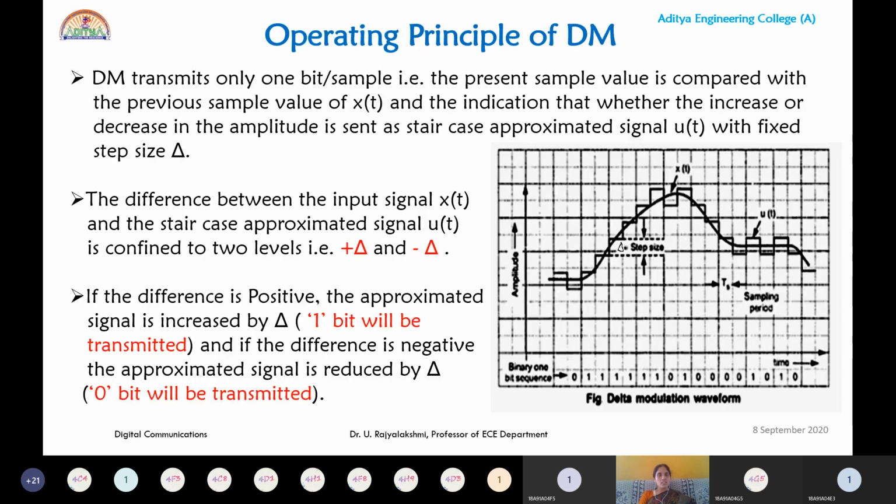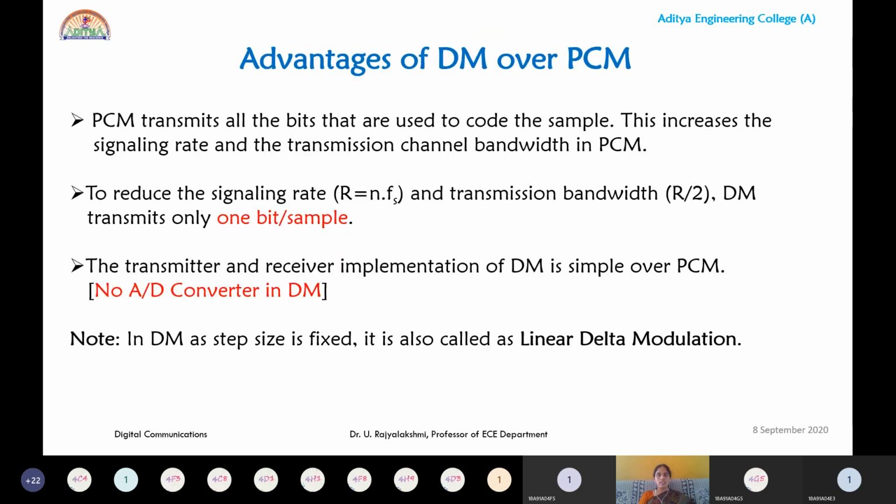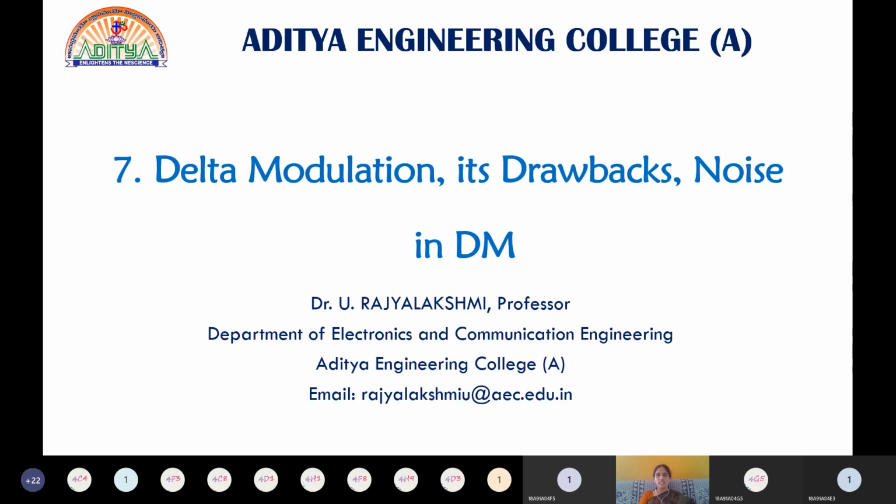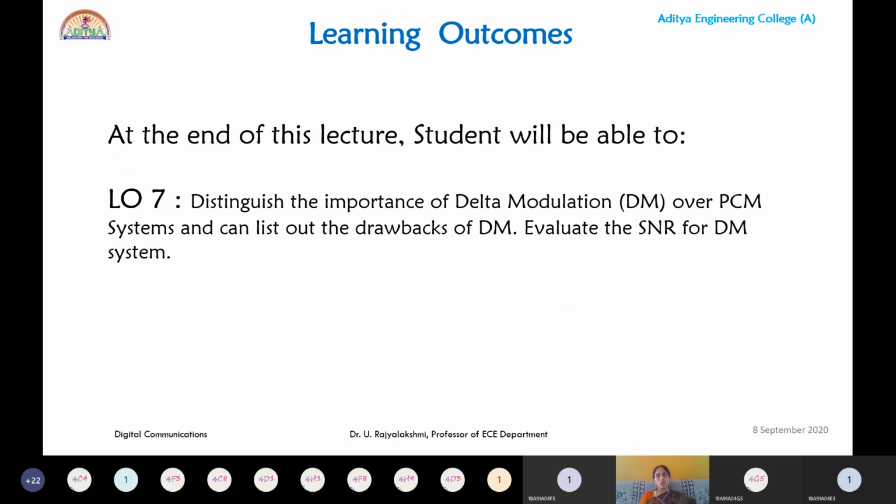So in the last class, we initiated the pulse digital modulation technique. The second type of pulse digital modulation technique is delta modulation, and we initiated that and discussed its drawbacks. So in today's session, we can discuss the SNR calculation for the delta modulation system. Before going to noise evaluation, let us discuss the key points we studied in the